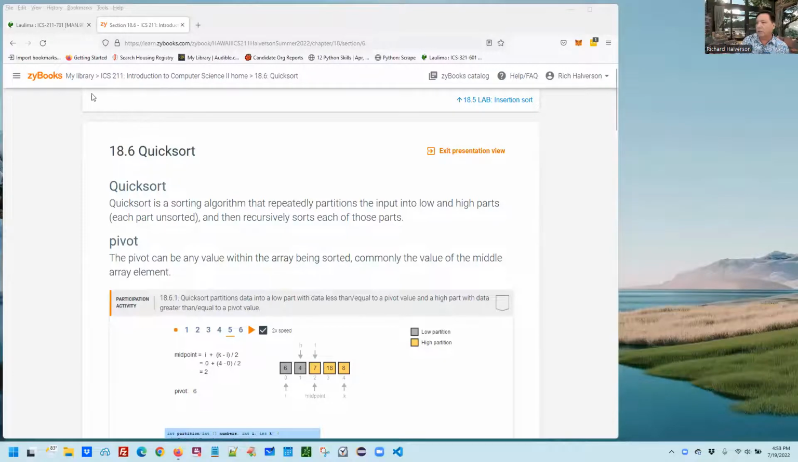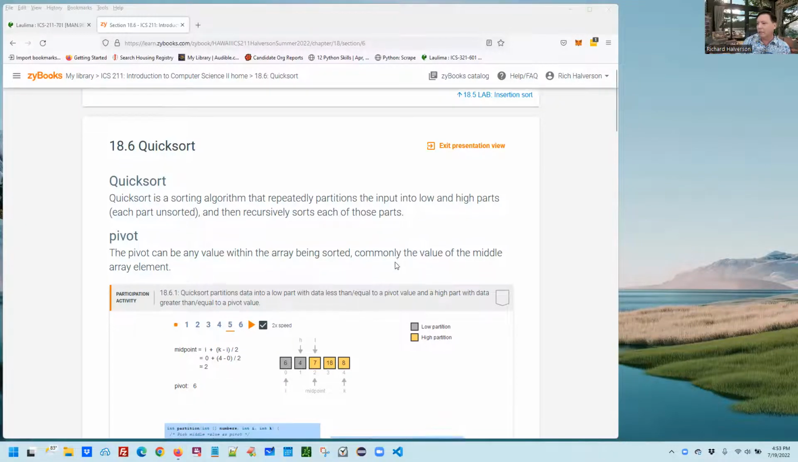Okay, I'm going to do 18.6 and 18.7, and 18.7 is a lab. I'm not going to spend a lot of time talking about Quicksort because it's very difficult to explain. It's a lot easier to read. But let me just say that